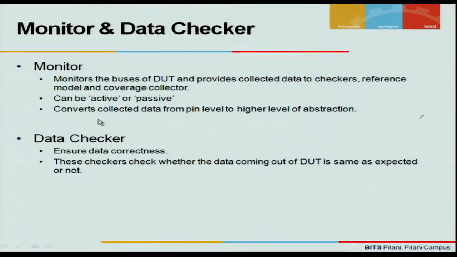Whatever data the monitor collects, at the collection side it will be at pin level. Generally these monitors will convert the pin level data into a higher level abstracted form, which is transaction level. So if I do one read or write on the wires, it will be in the form of enable and all those signals, and you can convert all these pin level activities into transaction level. You can say, okay, if enable is 1 on the bus level, I can say it is a read. In the form of a transaction you can convert that, and pass that particular information to other components.